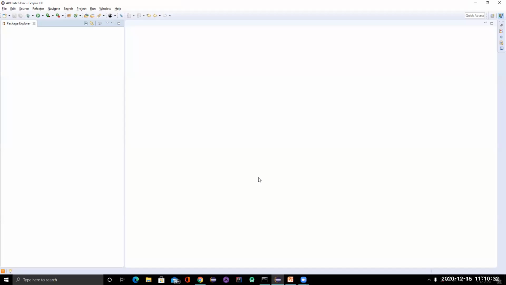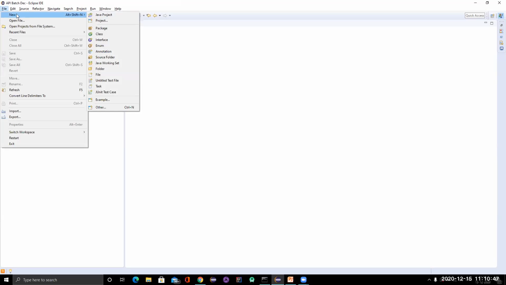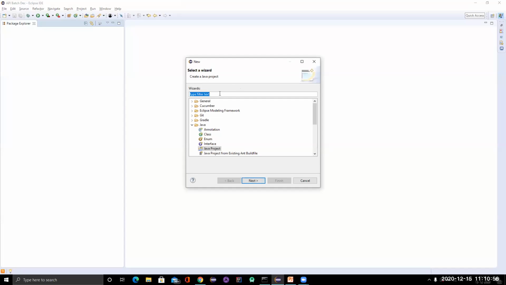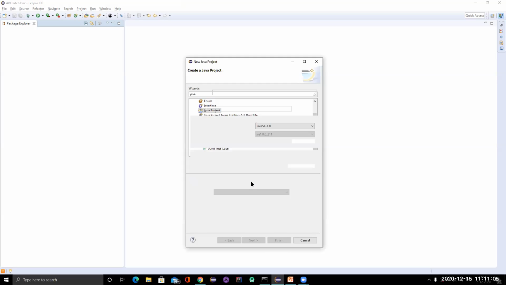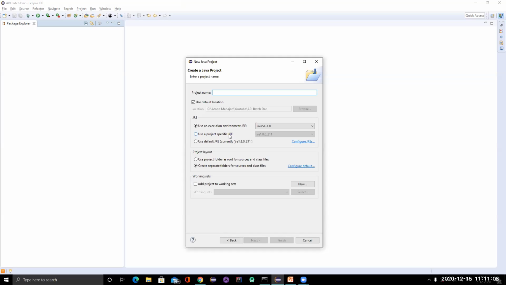Now what is the main thing? I am going to show you a non-Maven project first, then I will create a Maven project, so that you can understand the difference. To create a non-Maven project, simply click on File, go to New, and if you are very new to Eclipse, maybe you will not see the Java project directly, but click on Other and search Java here. Once you search for Java, click on this Java project, click on Next, and give some project name. Any name you can give. So let me give something like RestAssured